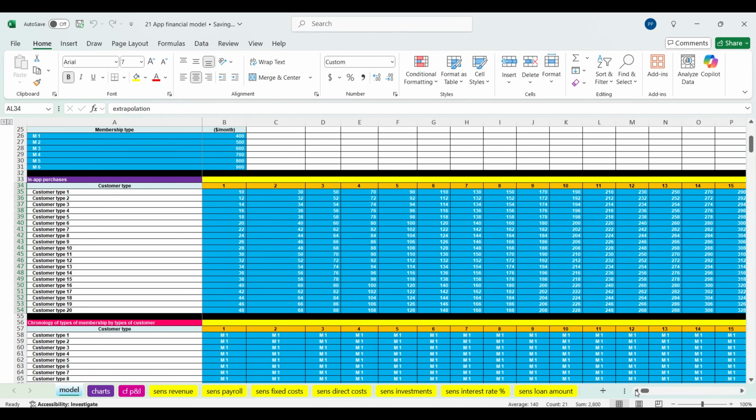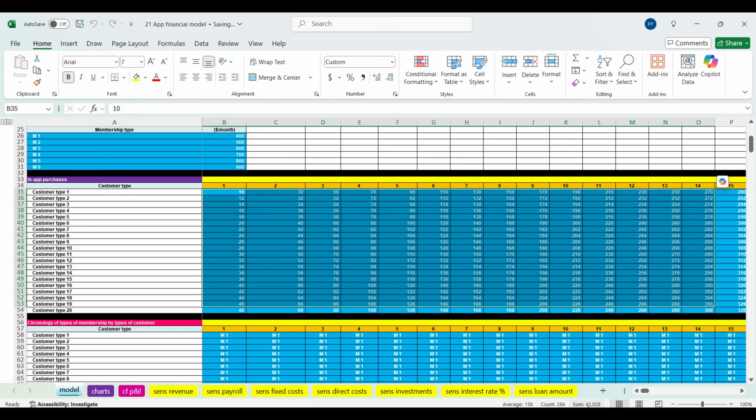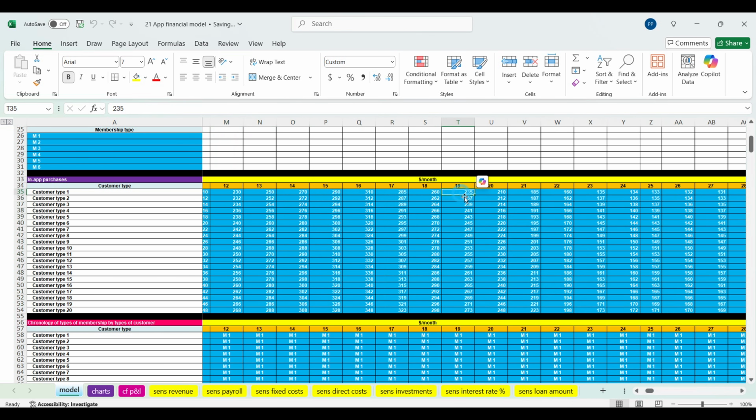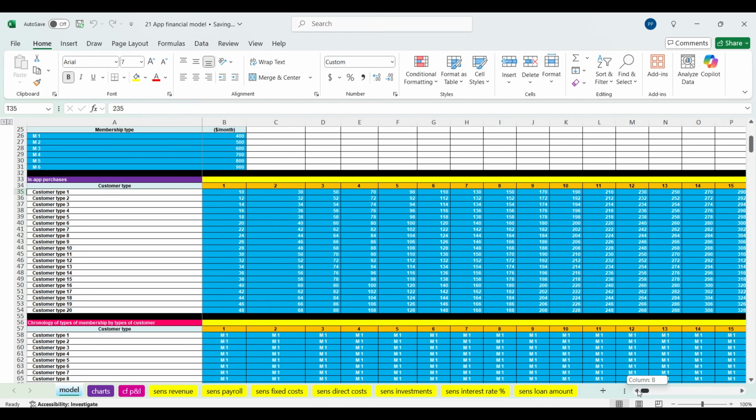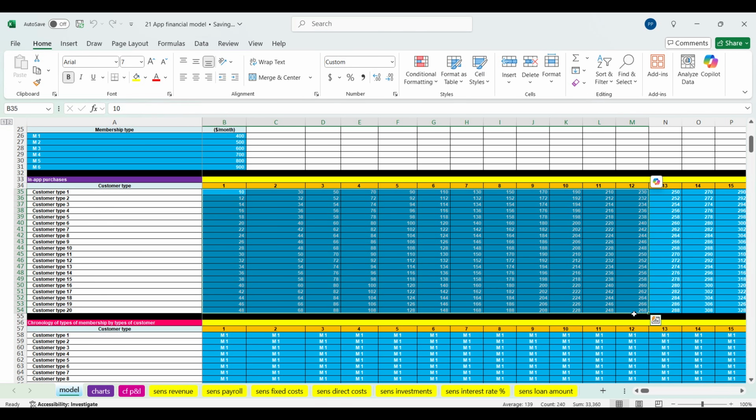So we can see that at the beginning of the operating activity, different types of customers may not be purchasing a lot. So this is a flexible variable, and these purchases may appear, let's say, not from the first month of operating activity. They may appear, let's say, after a year of operating activity. So this flexible interface will give us the ability to see how much financing we need in this scenario, in that scenario,